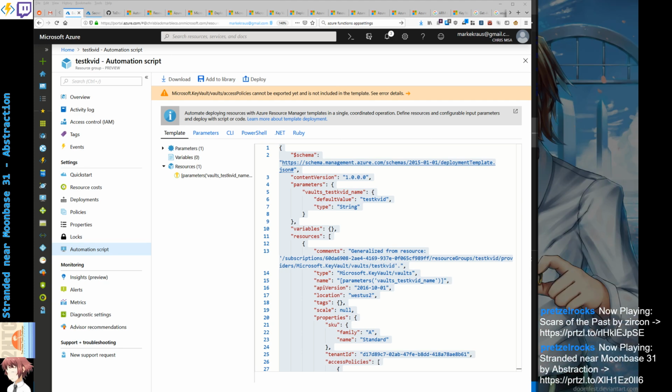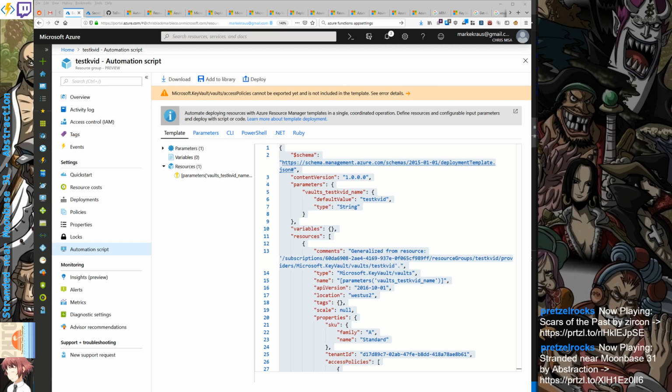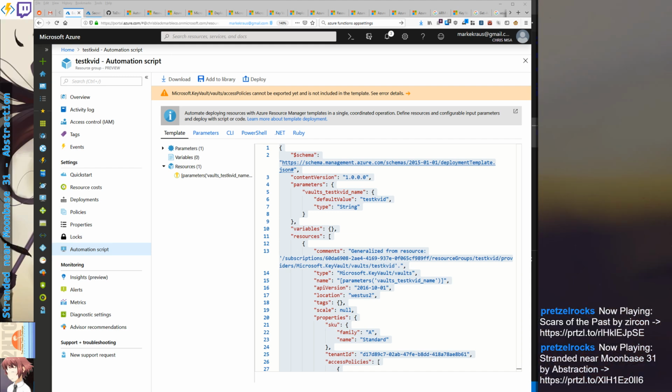Yep. The purpose of this exercise is really to see if secrets are destroyed if they're not defined in the ARM template, and if they are,